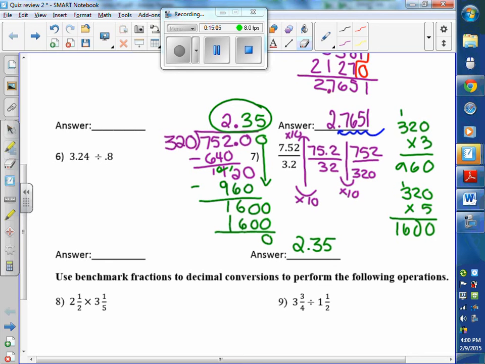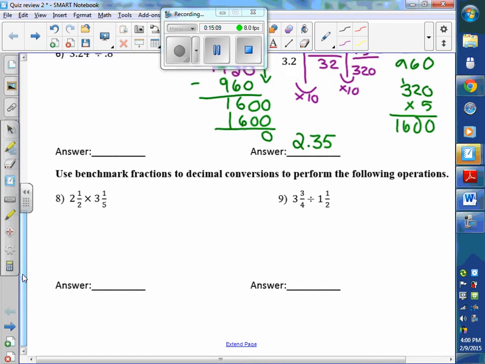Should we do one more before you leave? Yeah. 9. So it says use benchmark fraction to decimal conversions. Do you know what that means? Change these. Practice changing them. So 3 what? Point. Oh, I'm not good with this. I did it like by turning to No, let's practice this. 3 for 3/4. 3/4 is the same as,